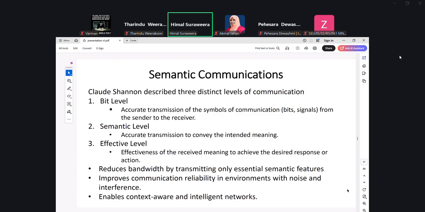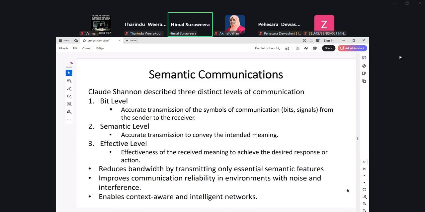For example, you take an image and only take the lanes or the road parts of the image, and then you transmit only that part, but not the trees or buildings and so on. That will convey the meaning of that image. So people who are receiving that will understand that there is some kind of incident happening in front of them and so on.